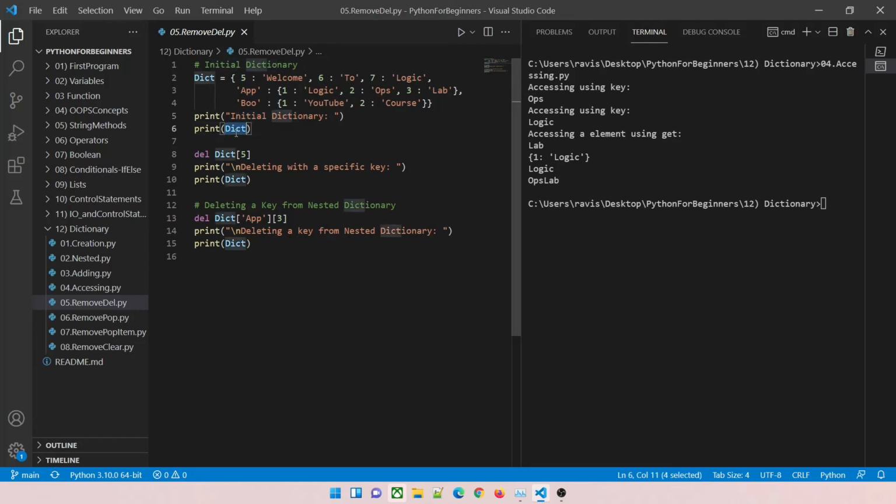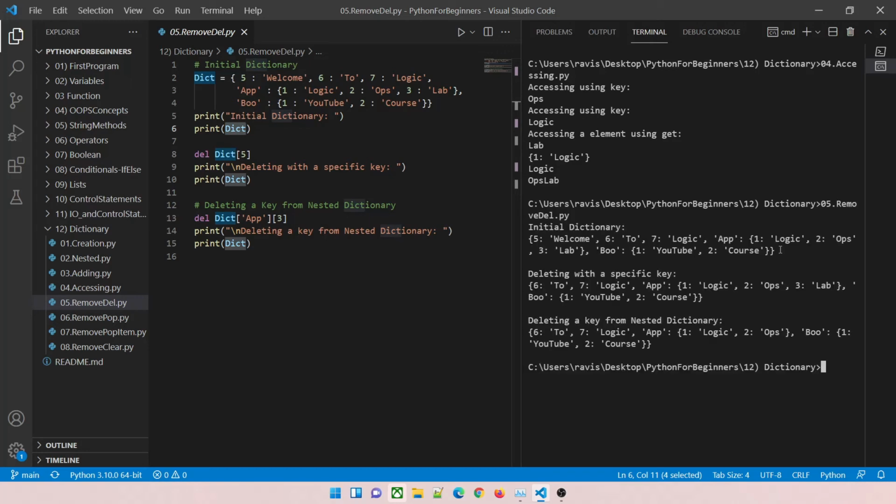So the initial dictionary, it will just print it. Let me just print it in front of you. So 05, hit tab, enter, and you can see it has printed. Now let's see what happens over here. So dict 5, we have to delete with a specific key. So it will match the 5 value where it is. This is the 5 value, so it will delete welcome. So there would be no welcome in the 10th line. So you can see deleting with a specific key, there is no 5, and the value associated with it has also been